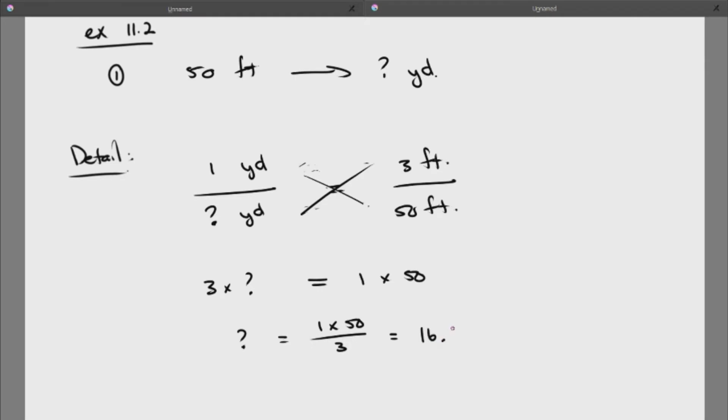So I get 16.6 repeating, which means I'll do it like this. 6, and this guy is 5 or more, right? The letter 5 or more, because it's another 6, which means this gets updated by 1 to 16.67. If you're going to write the answer as accurately as possible, you need to make sure that you